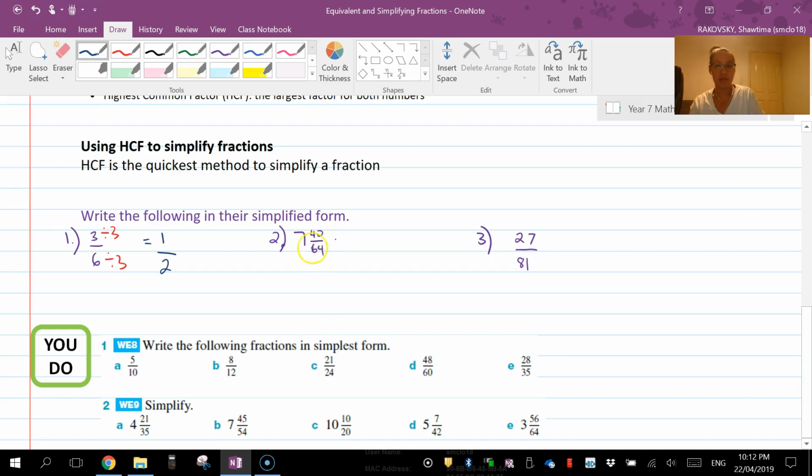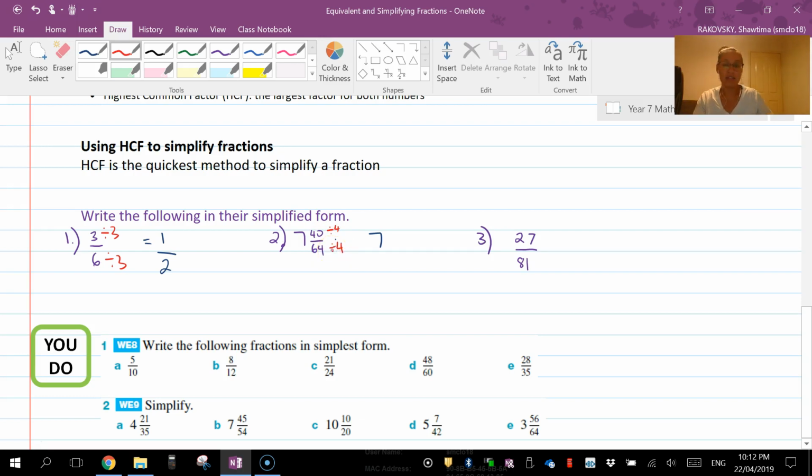Now in this one here, we can see the 7 stays, and we've got 40 and 64. Now the reason why we use highest common factor is because it can be done in one move as opposed to many. So in this case here, let's pick a number where we're not that strongest with our multiplication facts. So we might use, say, 4. Okay, 40 divided by 4 is going to be 10, but I'm just going to check here. 64, well, I know 60 is, and I know 64 then has to be. Okay, so we're going to divide both of these numbers by 4,